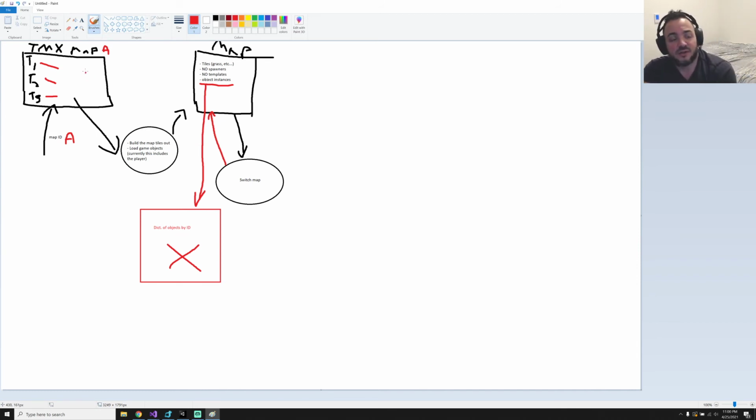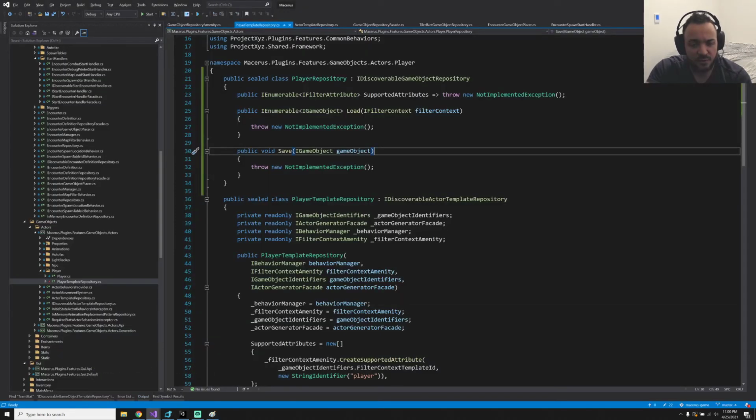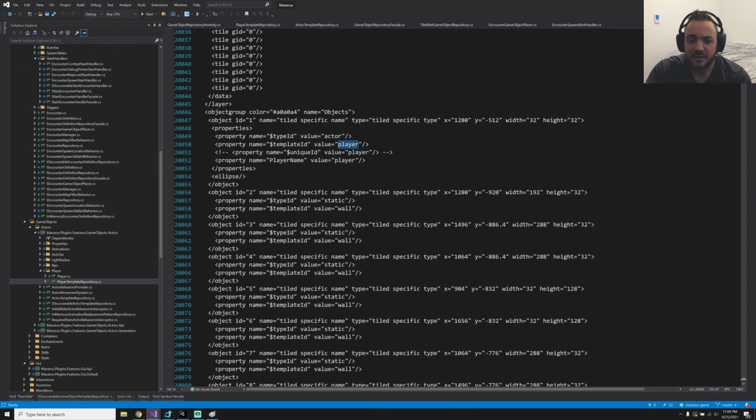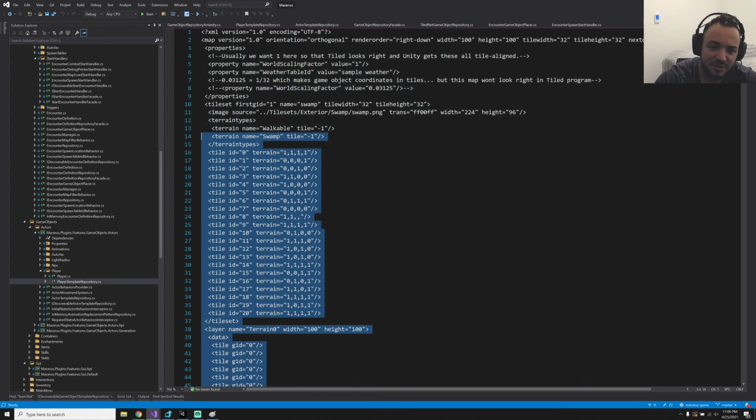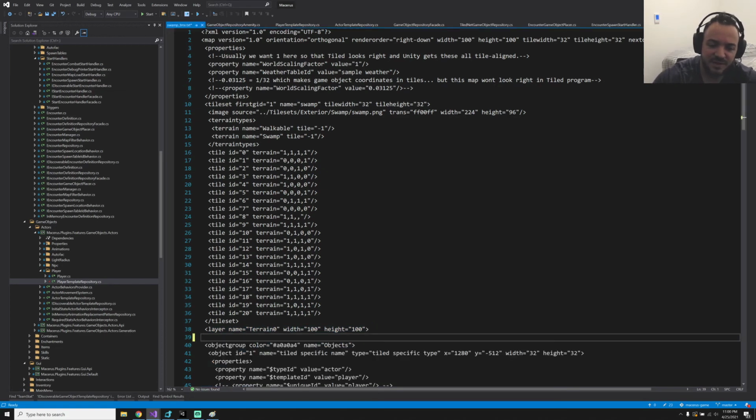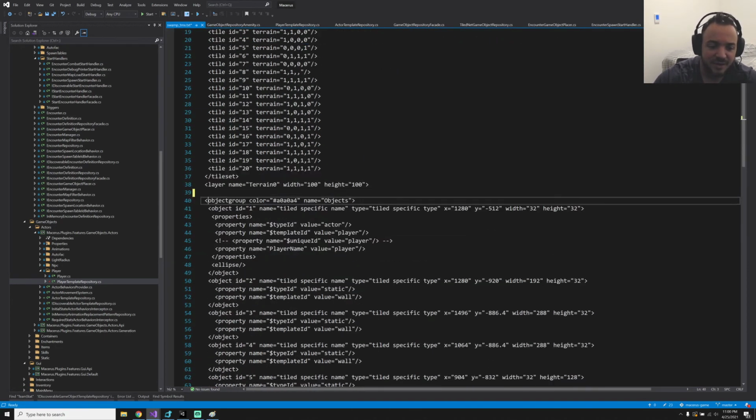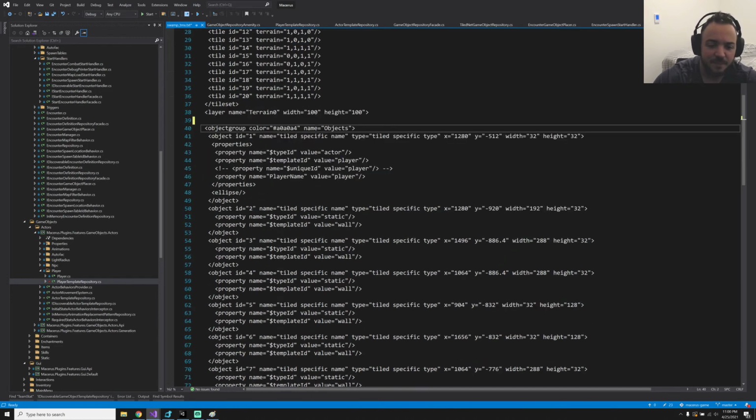Maybe what I need to do as well is actually cache some type of object lookup for this map, right? Because the tiles themselves aren't going to change. I'm just going to jump back to Visual Studio here so I can point at this map file. Like, the 20,000 lines above here, they're not going to change, right? That's all going to be the same, and really, I deleted some just to make it easier to read, but really,